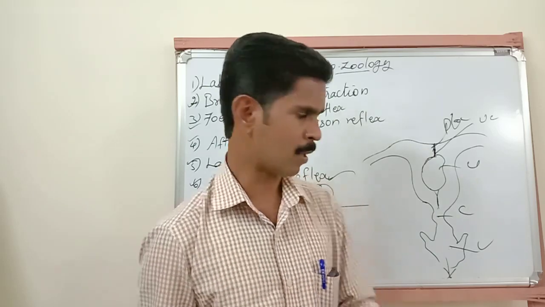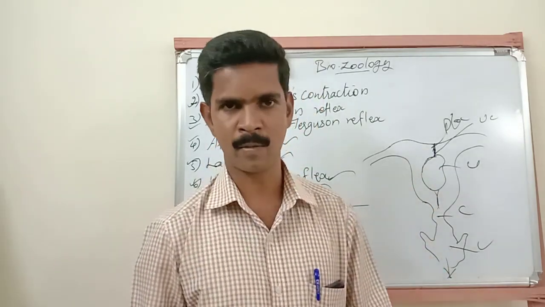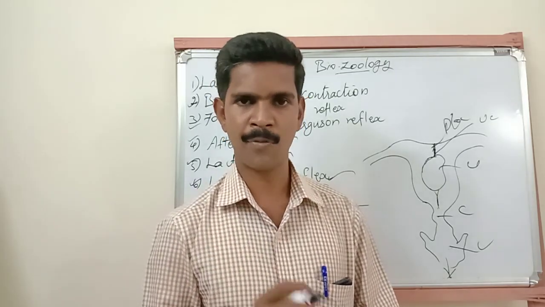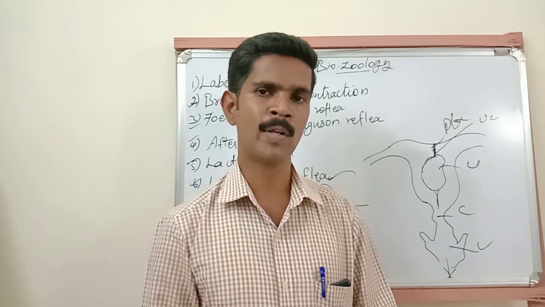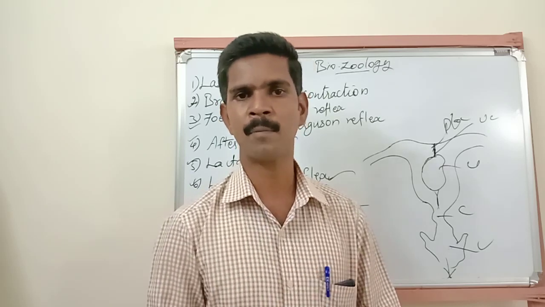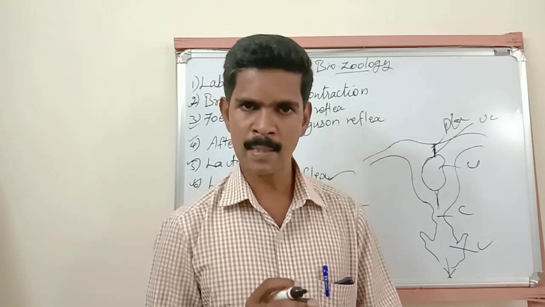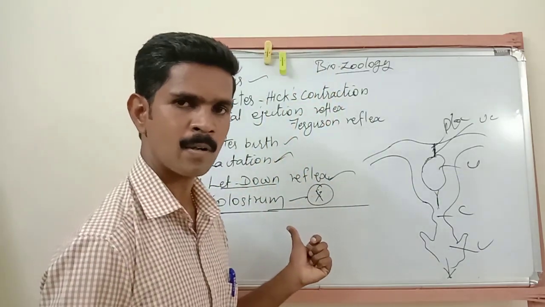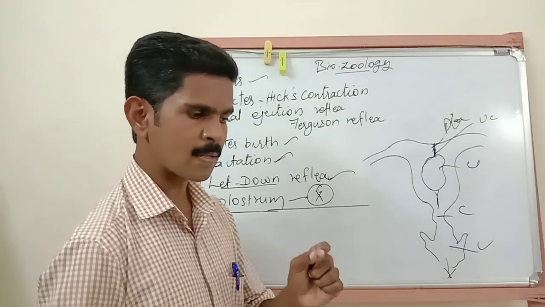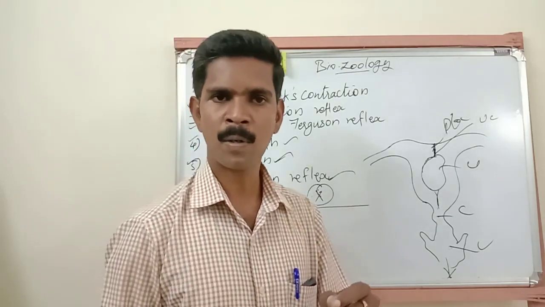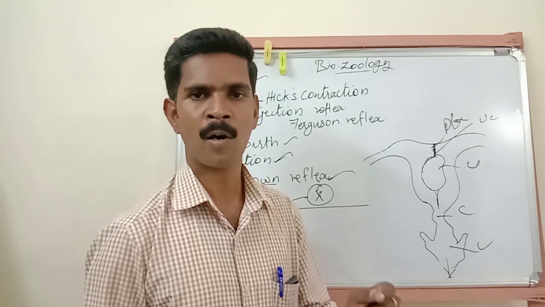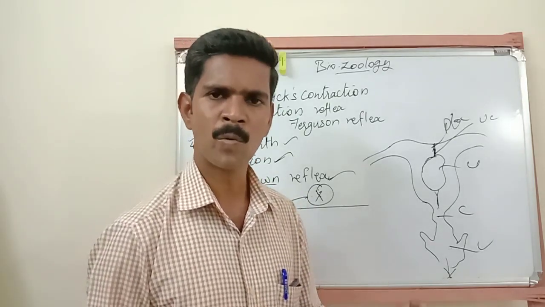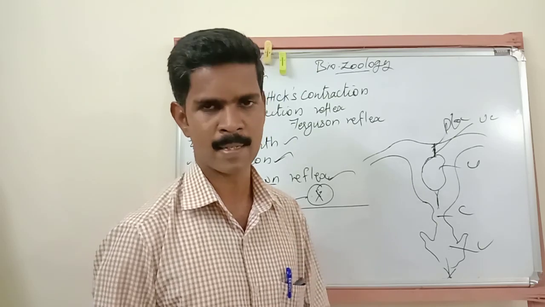So the child is born, and the baby is expelled outside. After the delivery, for a few days, a yellowish colored fluid is released from the mammary gland of the female body. This yellowish colored fluid is called colostrum. This colostrum is one of the very important foods for the newly born baby, because it consists of all the nutrients in high concentration.